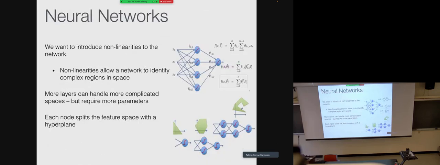In general, the idea is that we do want to introduce non-linearities, not just any kind of function. If we just introduce linear transformations, it's not going to work. For example, imagine you have this network here with 3 inputs, 1 hidden layer and 1 output layer.